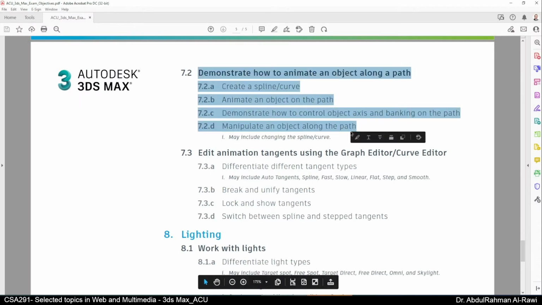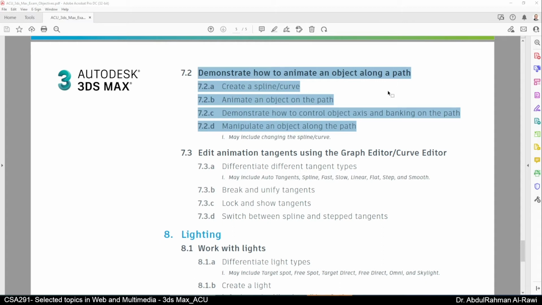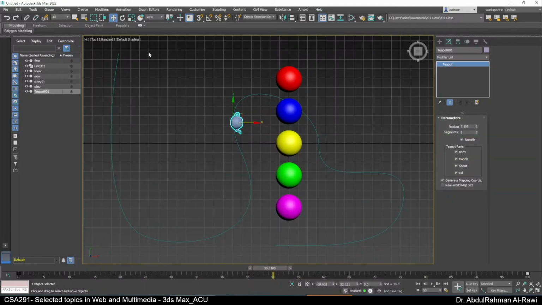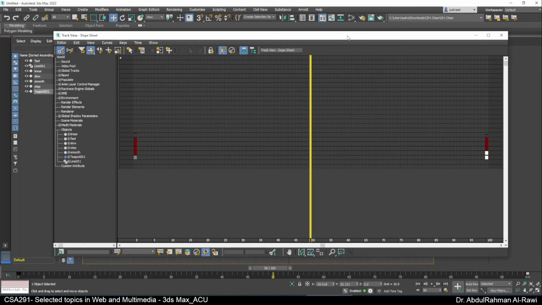As you can see here, we are giving a general overview because we already had several recordings about this, so we're not going into details. So now the last thing is we need to edit animation tangents using graph editor and curve editor. First of all, the difference between the graph editor and the dope sheet. The dope sheet displays the animation keyframes as